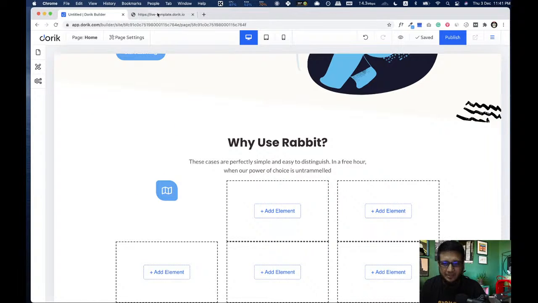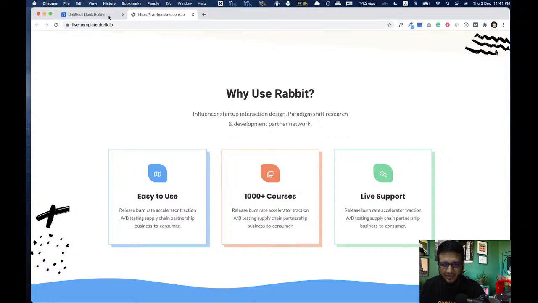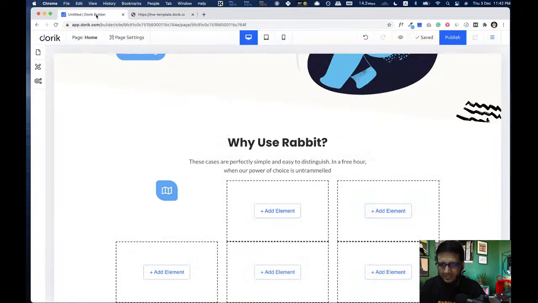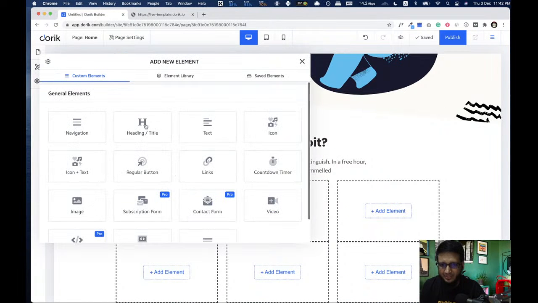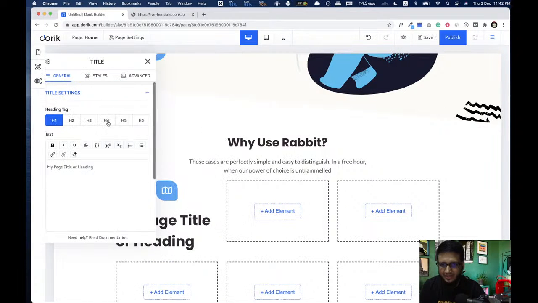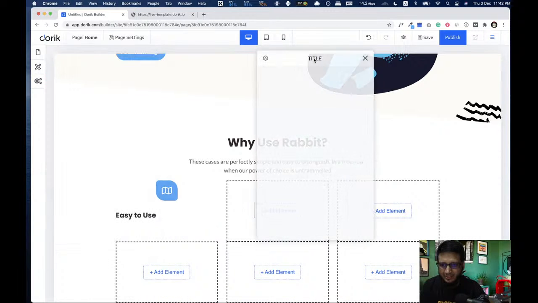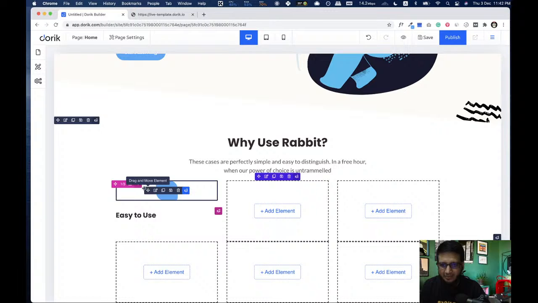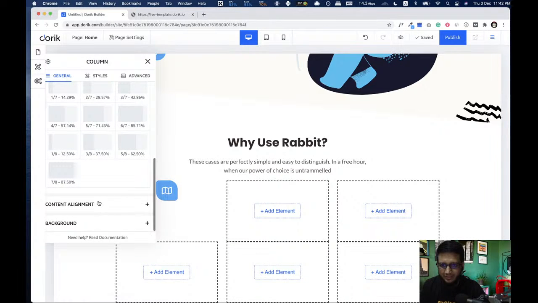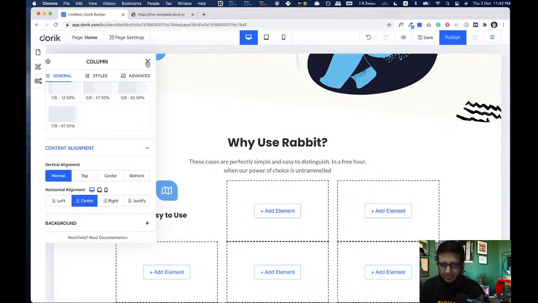Yeah, so now we are here. Now we are gonna have the heading, this one, easy to use, then this text. Okay, so plus, add heading, and I'm gonna use heading 4 and easy to use. We can make everything centered in the column.